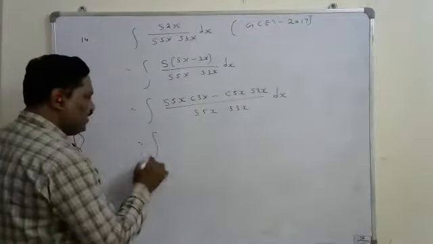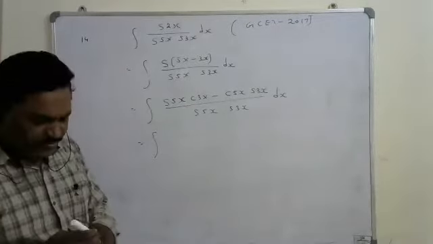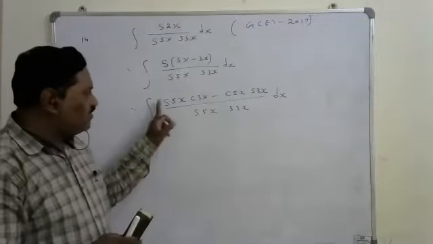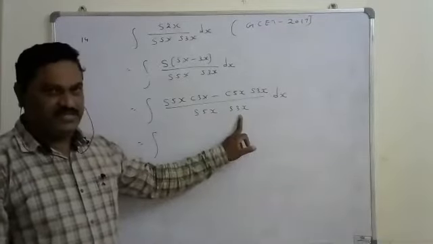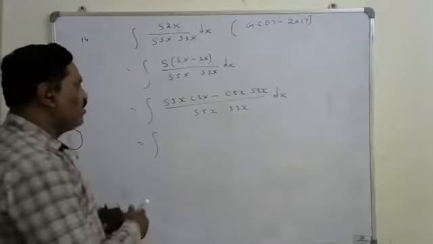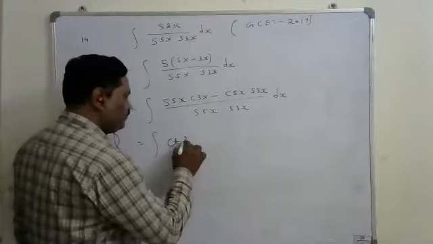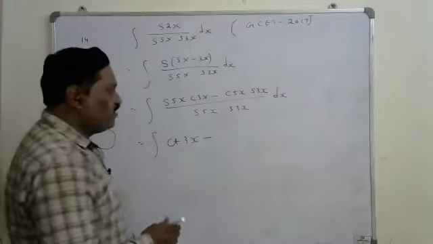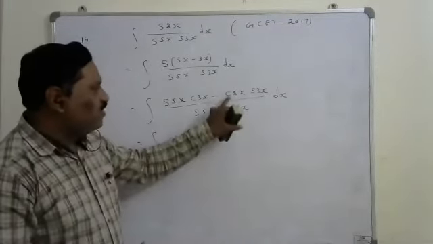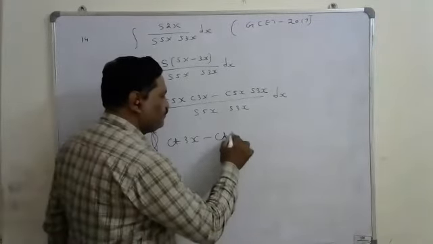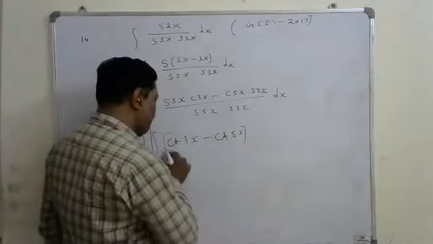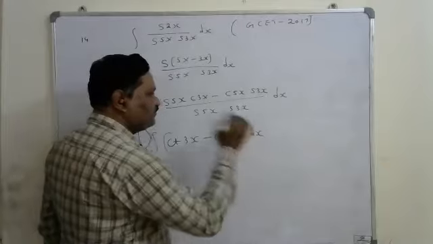Okay, so that is the integral. Now we will split the terms. If you split the terms, here sin 5x is getting cancelled, then the first term is cos 3x upon sin 3x, cos by sin, which is cot 3x, minus the second term where sin 3x is getting cancelled, cos by sin, which is cot 5x. So this is what we are getting, dx, right?